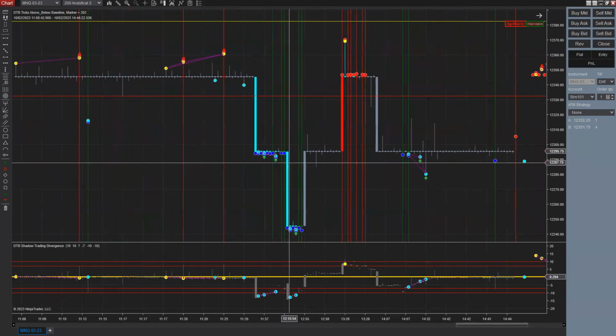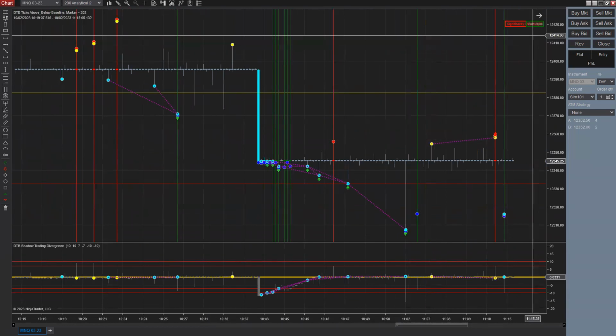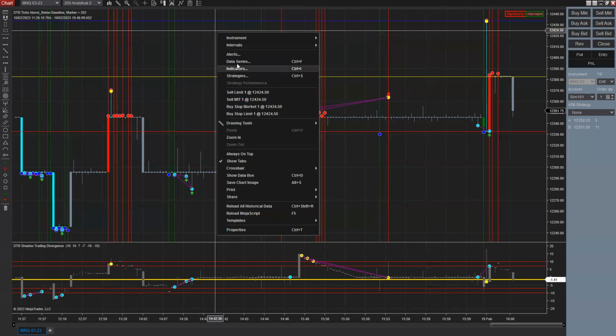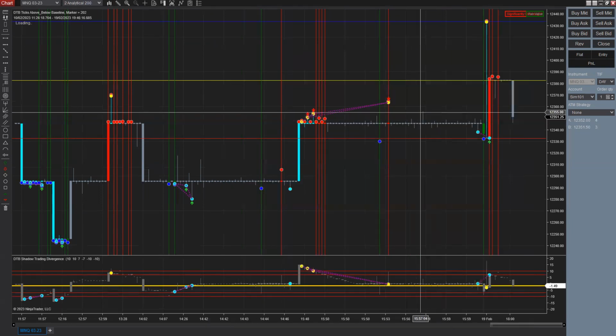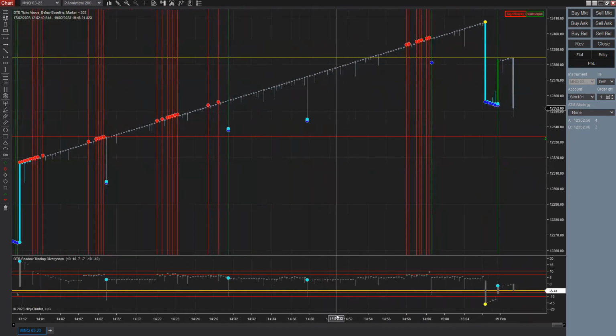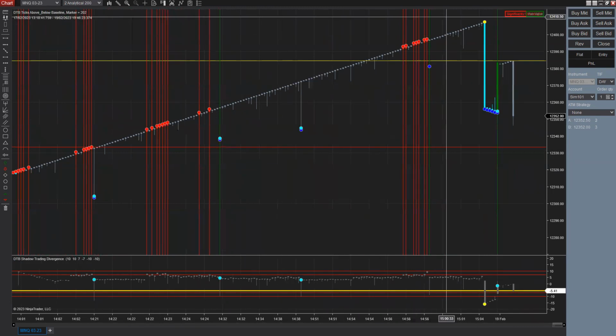So basically, the coloring is not very good on this. I've got to adjust the templates, but it's exceptionally good, especially if you are going for a trending baseline. So if you're going for a 2,200 or a 2,195, this indicator is definitely going to help you get into those positions trading that reverse,